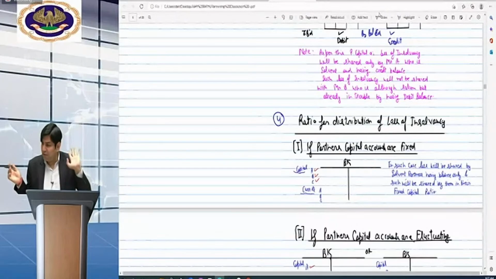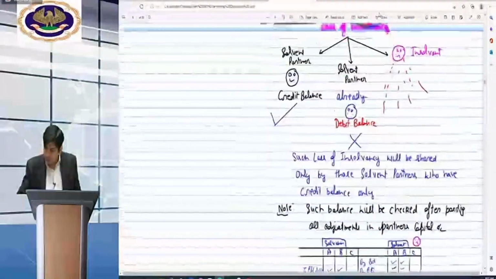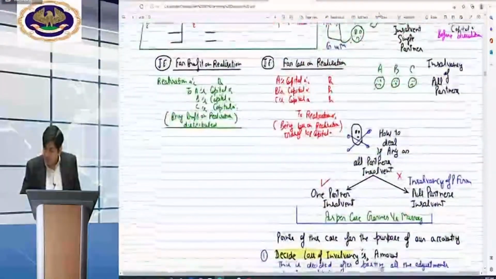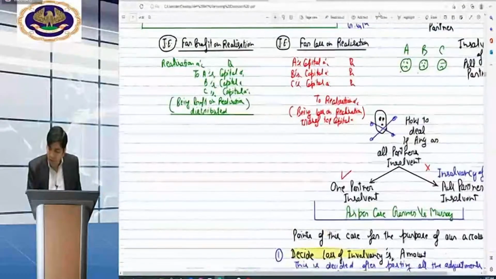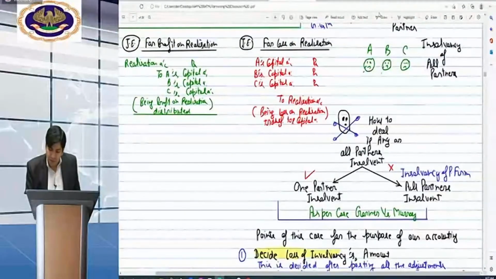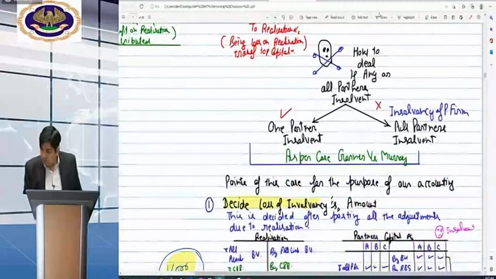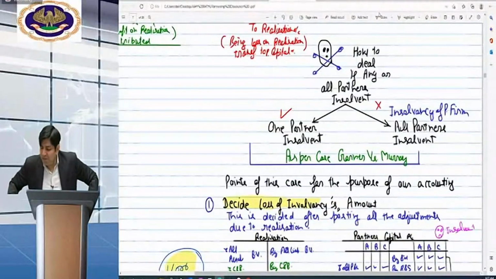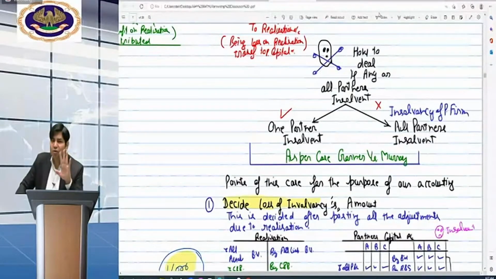The last thing I want to discuss, because there is one more thing to discuss. Then our first unit will be completed: insolvency of all the partners. Beta, this is only a 2 to 3 minute discussion, although conceptual. In the next session there will be the start of unit 2, but first I have to discuss for 2 minutes the insolvency of a partnership firm.